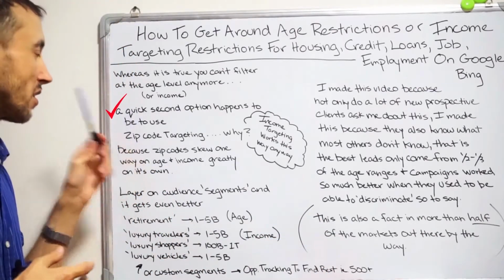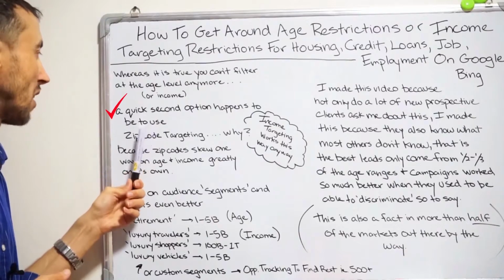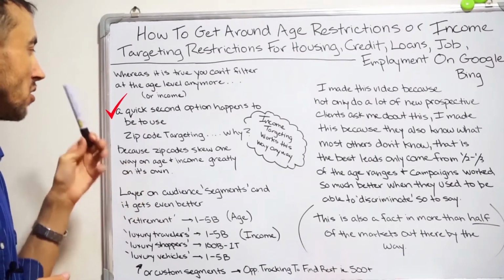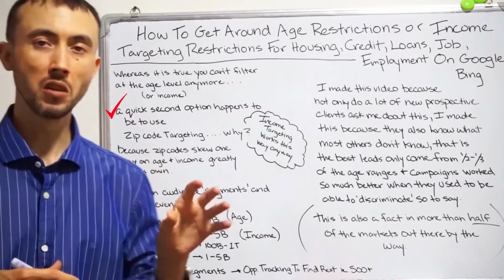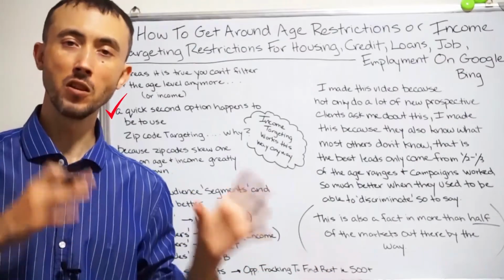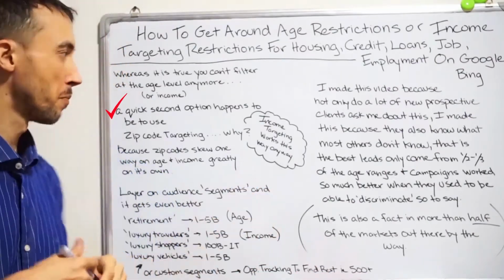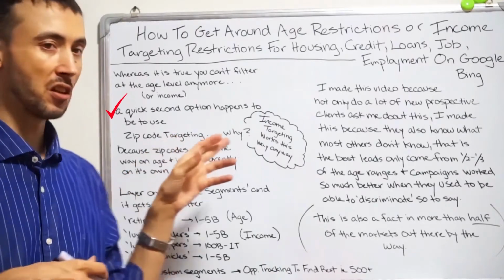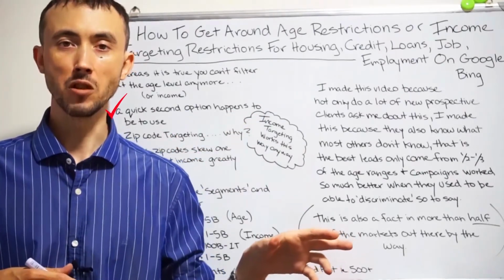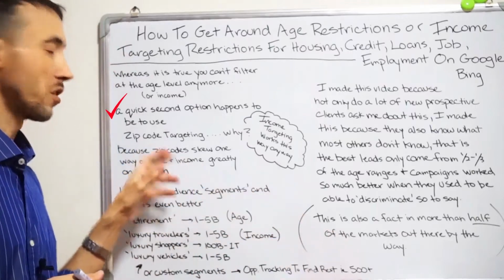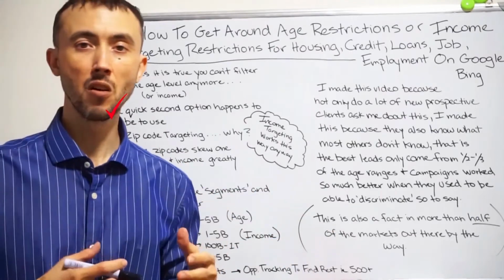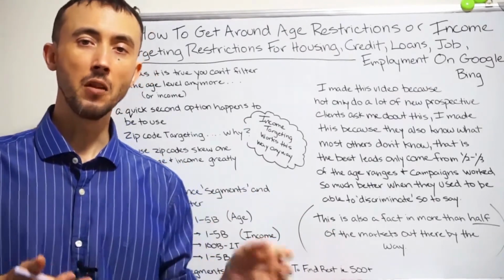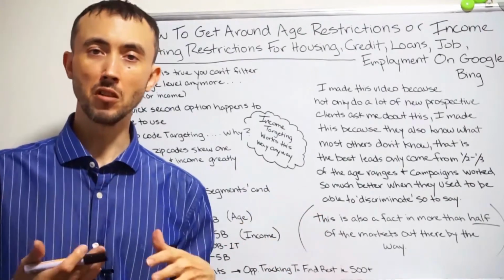But as a second option, right away, you have the ability to use zip codes to get around these options. Now, I know this is going to be time consuming, but there are also data companies out there that can help you with this. Or you can get a data entry person, since there's public data on every zip code,